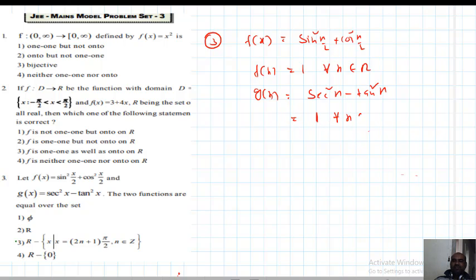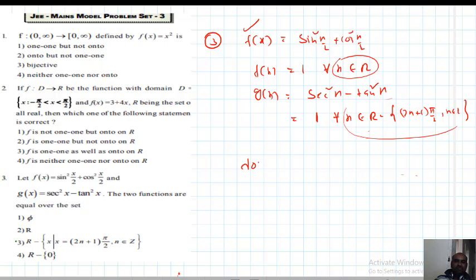For every x belonging to the real numbers, except the angles which are in the form of (2n plus 1) into pi by 2. For those values, tan and secant are not defined. Okay, both are equal to 1. Rules are same, but domains are not same, no? Domain of f of x is all real numbers. Domain of g of x is all real numbers except angles which are in the form of (2n plus 1) into pi by 2. When domains are not same, by equality of functions, those two functions are not equal functions.